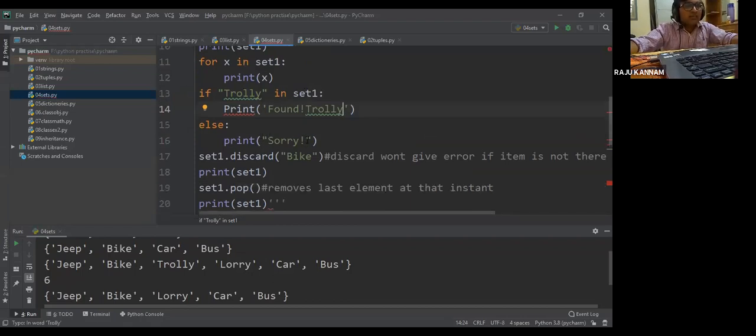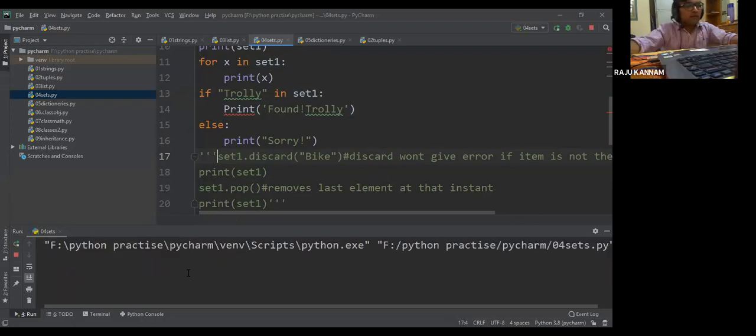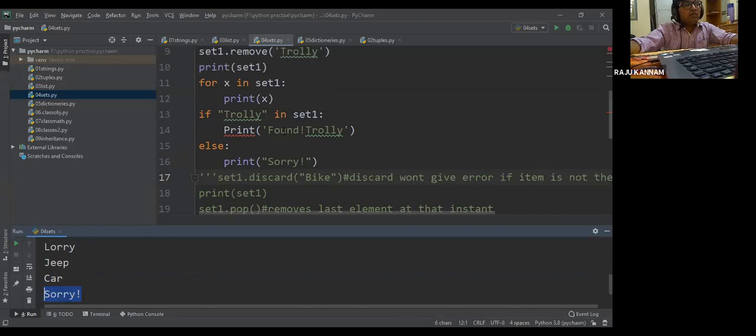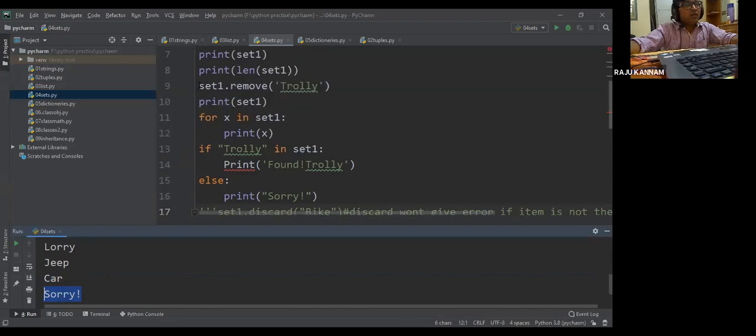Else, sorry. Now if you apply here, see here, all the 5 elements, bike, bus, lorry, jeep, car will be printed, and it is printing sorry. Why is it printing sorry? Because we have removed the trolley here. Now if I uncomment this particular line,